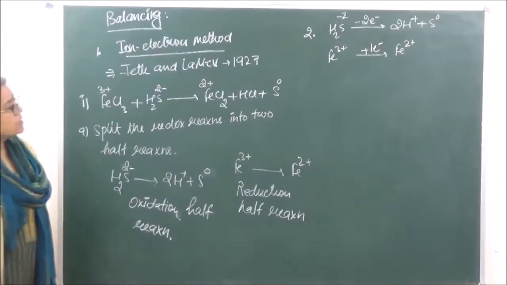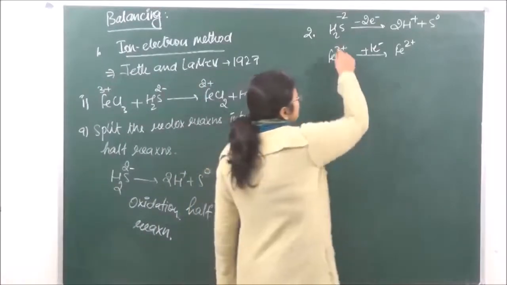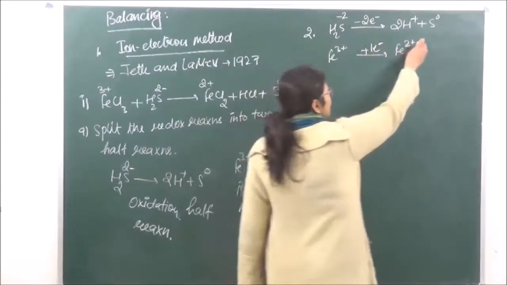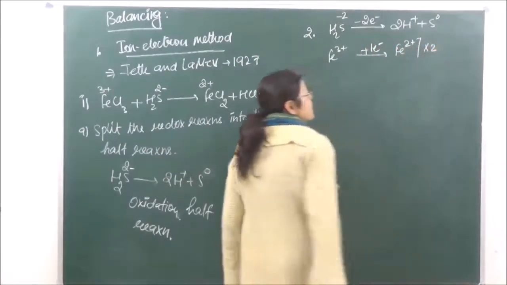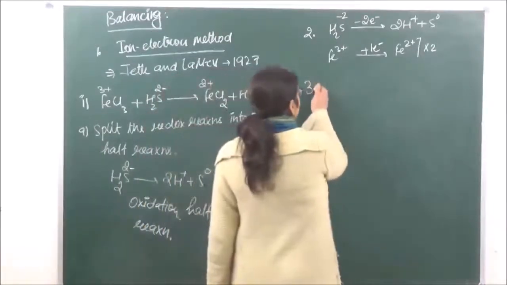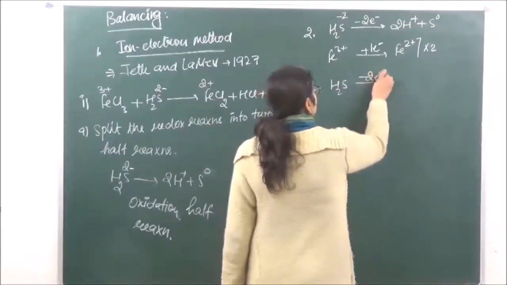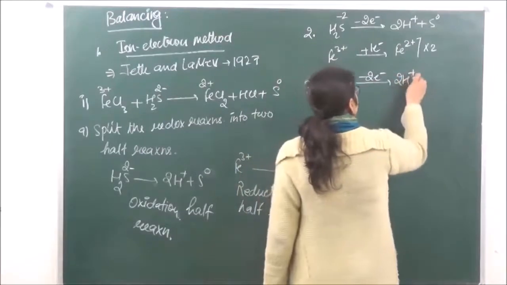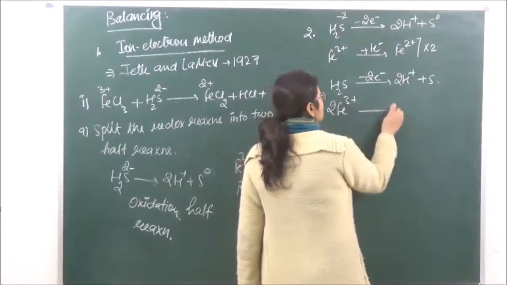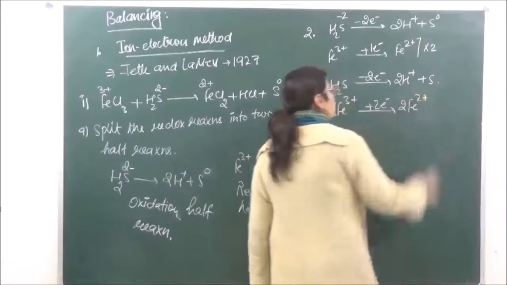In the third step, let's balance both the reactions. When we talk of this, we have to balance the number of electrons in both the reactions. As far as the elements are concerned, they are balanced in both. So to balance the number of electrons, what do we have to do? We have to multiply this by 2, okay? So in the third step, what balanced reactions do we now have? H2S minus 2 electrons to give us 2H positive plus S, and 2 Fe3 positive plus 2 electrons to give us 2 Fe2 positive.